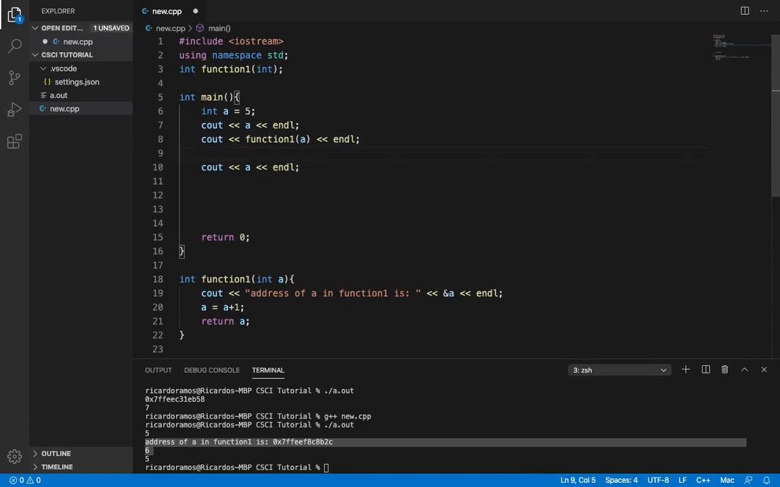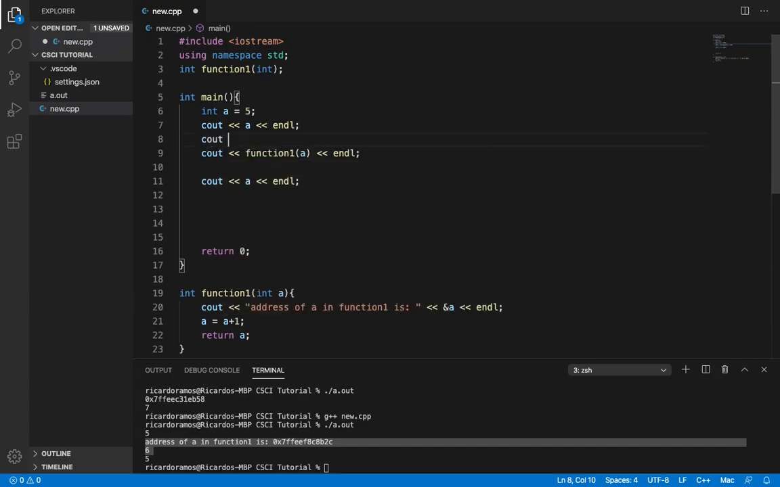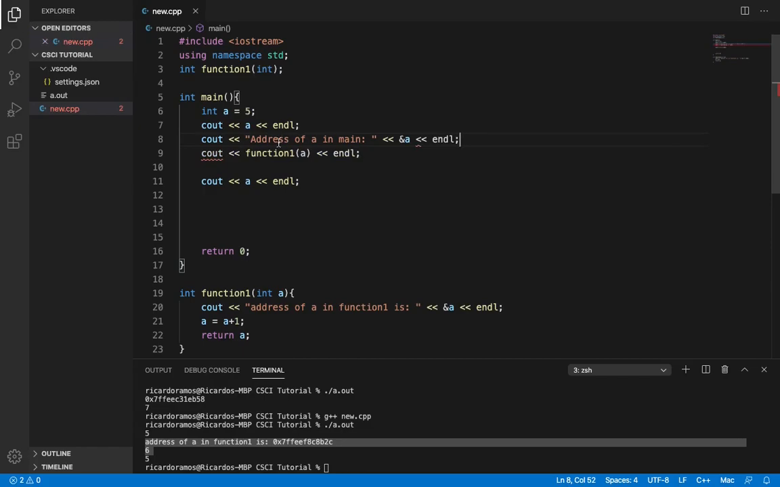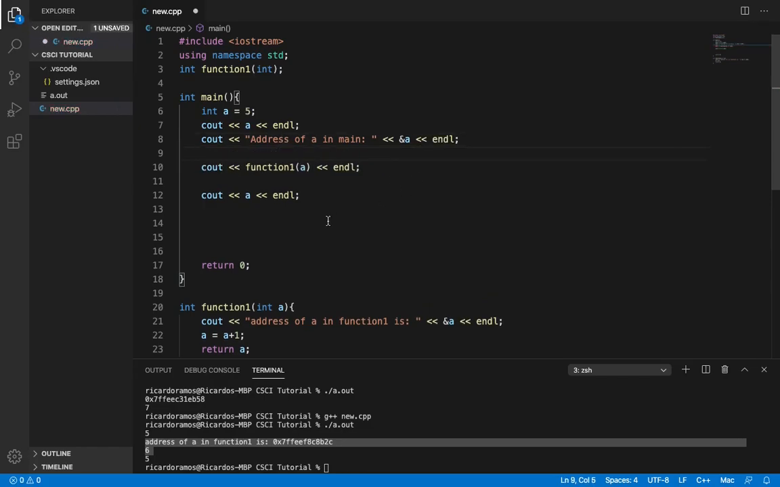So the reason that these are different is because the addresses within the main function and function 1 are completely different. They're not the same. So let me just show you. This will be the address of a in main function. So if we were to run this,